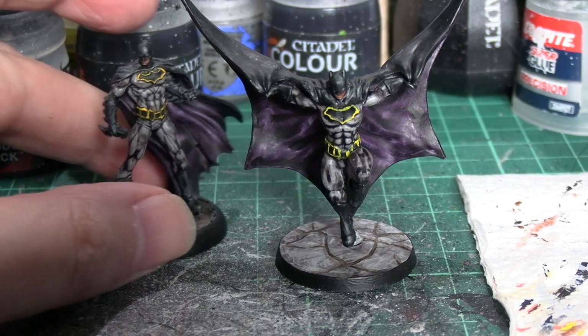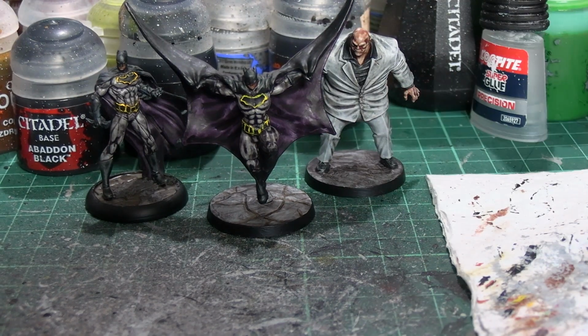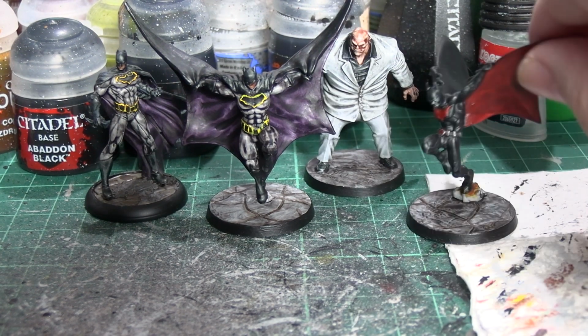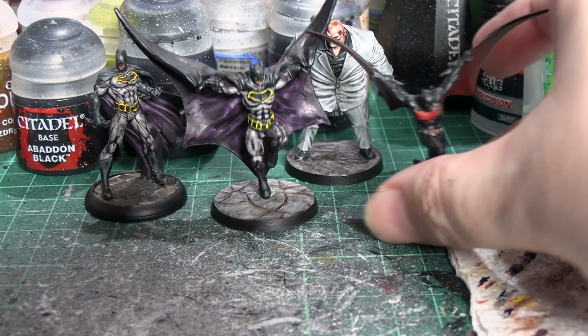Anyway, I hope you enjoyed watching, and also we can just quickly maybe pan out a little bit and bring back in the other two Gotham City Chronicles minis that have been painted with contrast so far. You'll get a better look at them and these minis again once the next Getting Stuff Painted